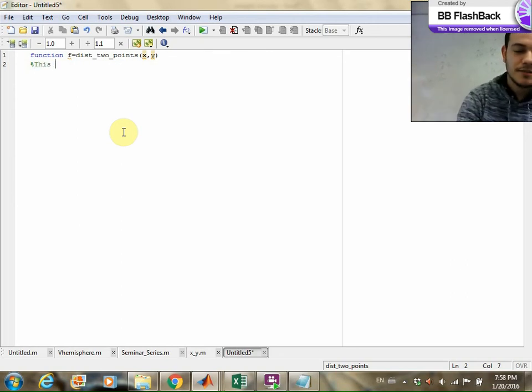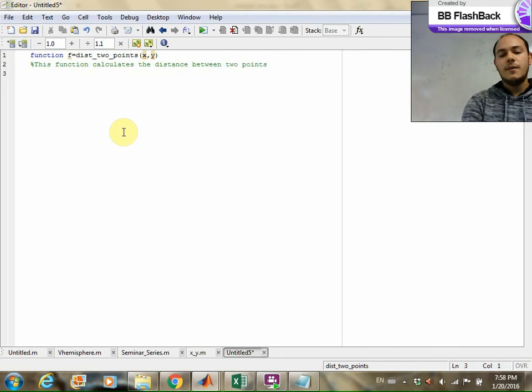So this function calculates the distance between 2 points, right? Okay, so to calculate the distance between 2 points, we know that it is the square root. So now you call this the same f that you were using at the beginning here when you define your function. So f is going to be equal to the square root, sqrt, of